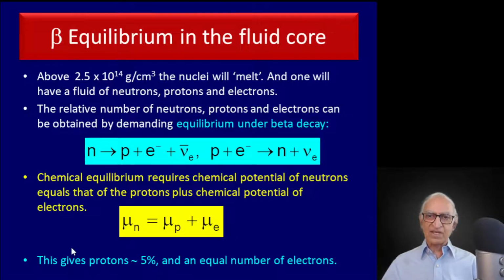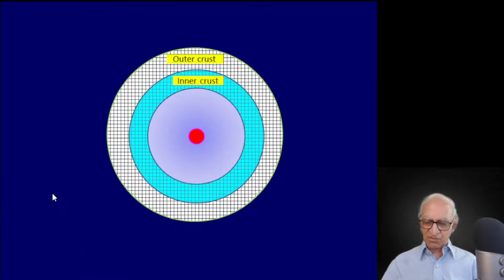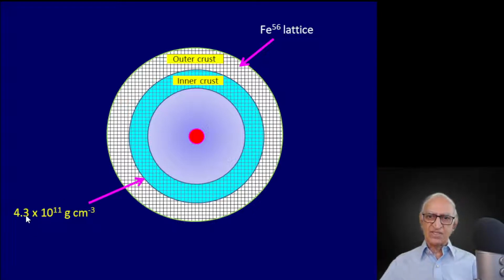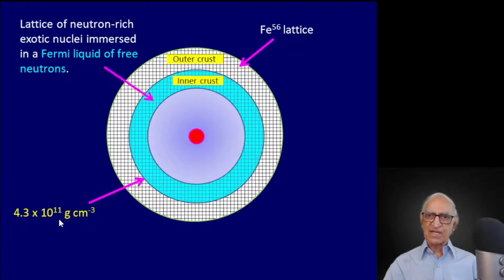You will find that roughly 95% will be neutrons, roughly 5% will be protons, and of course there have to be an equal number of electrons for charge neutrality. So what we have is the following. You have the outer crust of iron-56 ferromagnetic lattice. You have the inner crust above a density of 4.3 times 10 to the power 14 grams per cubic centimeter. You will have a lattice of neutron-rich exotic nuclei immersed in a neutron fluid which has spilt out or dripped